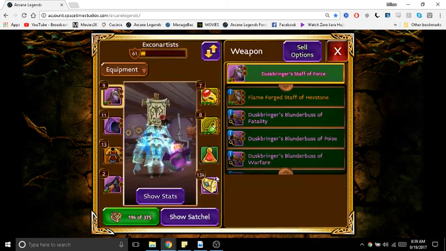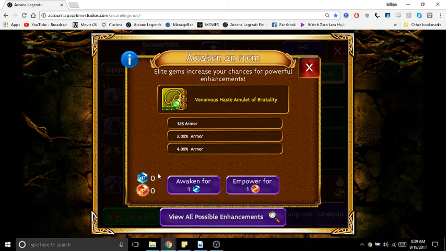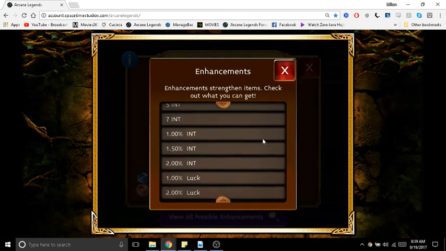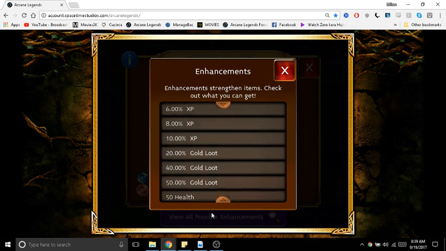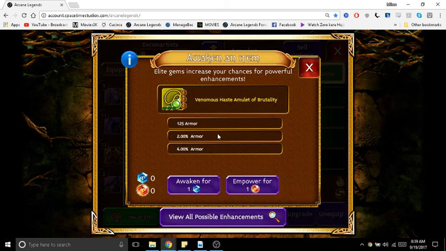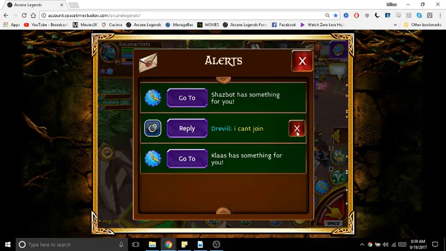If I go into my items and let's say you go to reawaken, you need these gems to reawaken. I'm not going to, but if you navigate to these places, these are all of the possible combinations you can have, and one of them is XP right here. You can get up to 10% XP in one slot, and it depends on how much, but it's quite expensive, so I do not recommend you